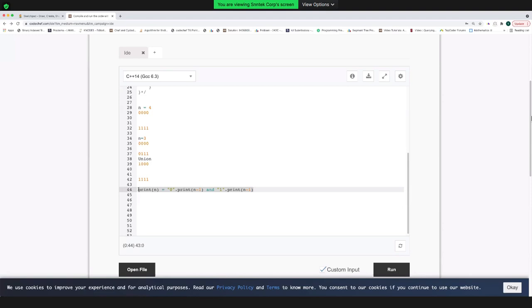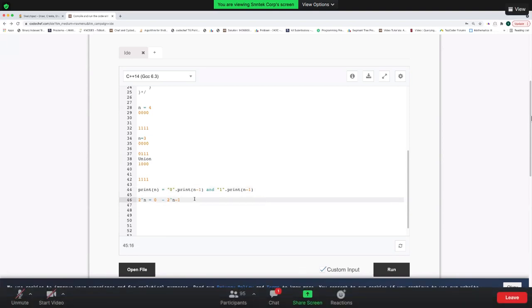Anyone, do you think this is correct, or do you see any flaw in this? Are we leaving out any case? To prove it mathematically, I know that if I want to print the answer for n, that will be, as Shriyam said, total 2 power n cases from 0 to 2 power n minus 1. Middle binary numbers are missing. Anjana, can you tell me what all numbers are missing? Middle numbers, I didn't get it.